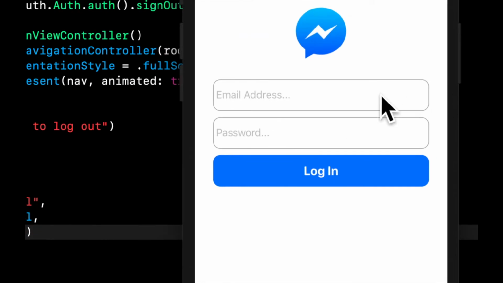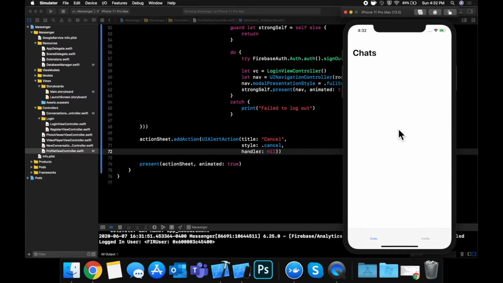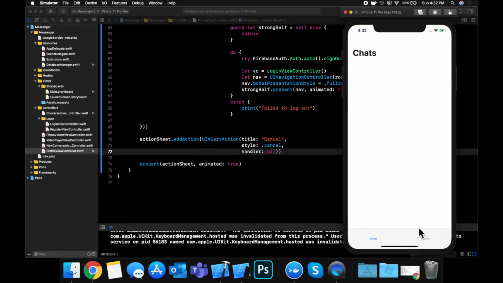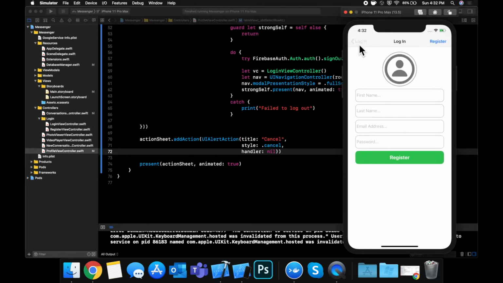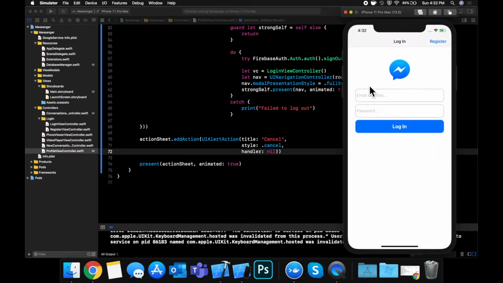Let's sign in with Joe's account, which is joe@gmail.com. Password is password. Hit this. We should successfully sign in. If we close the app and reopen, we should remain signed in. We should be able to come here now, hit log out, get this nicer looking action sheet, and then hit this. And here is our login screen again, back to what gets shown when we first open the app. And let's make sure this stays. All right, perfect. Cool. So that took a few more minutes than I anticipated,